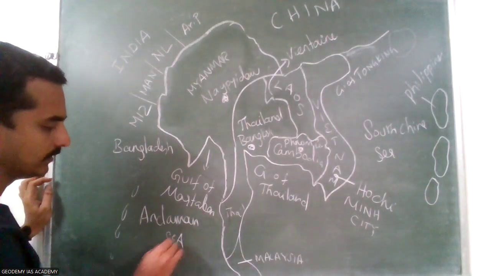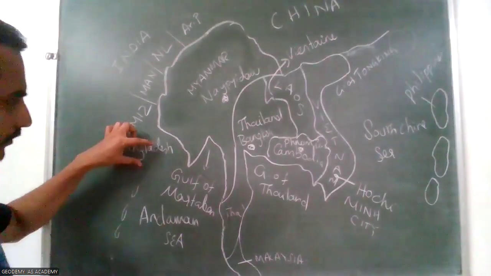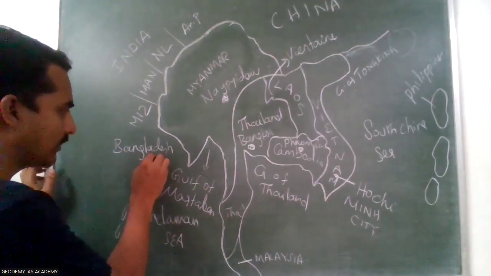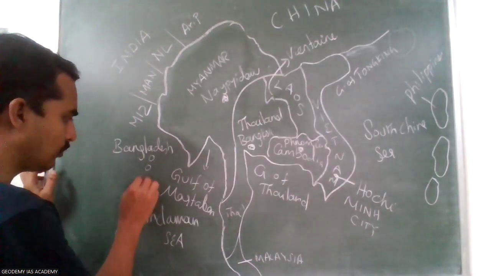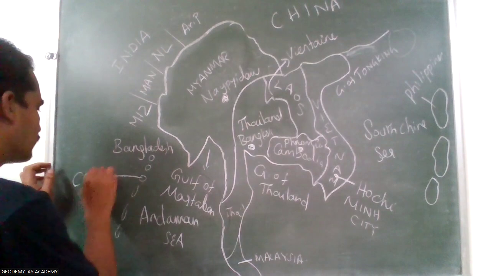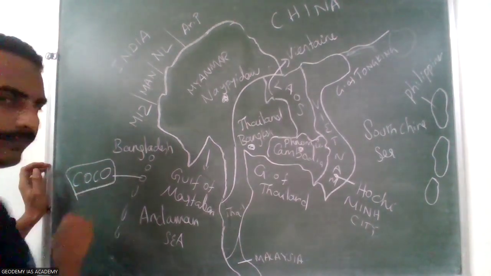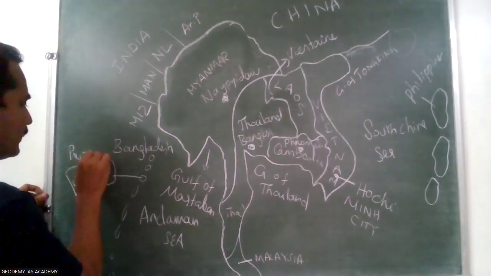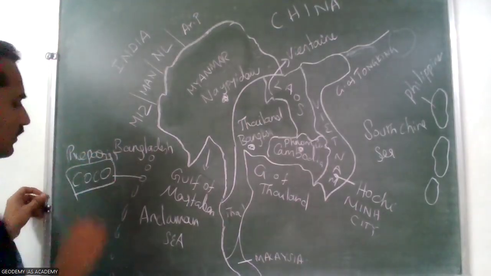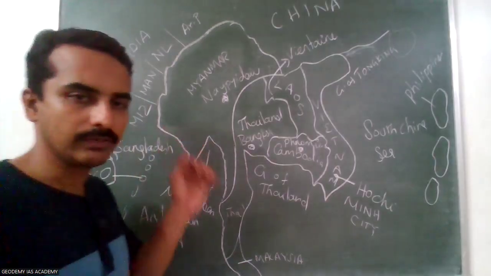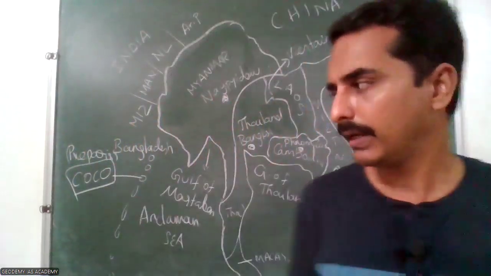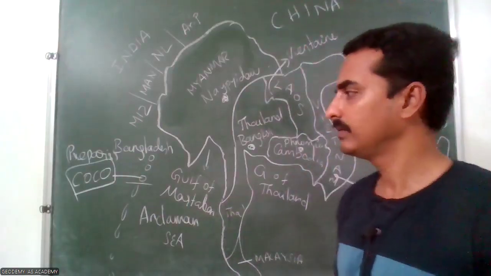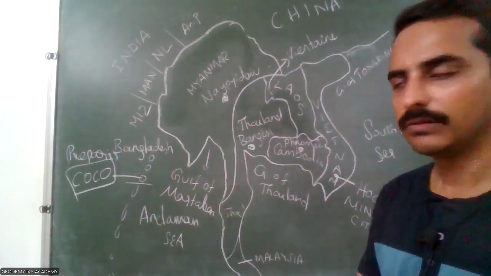Okay, done. And a few islands here belong to Myanmar. The Preparis Island, North Preparis Island, South Preparis Island, Coco Island. So those islands belong to Myanmar. Okay, the north of Andaman. The North Andaman and Coco Island are separated by the Coco Channel here. Okay. So Coco Island, Preparis Islands belong to Myanmar.